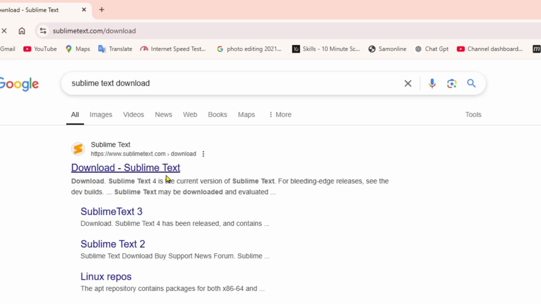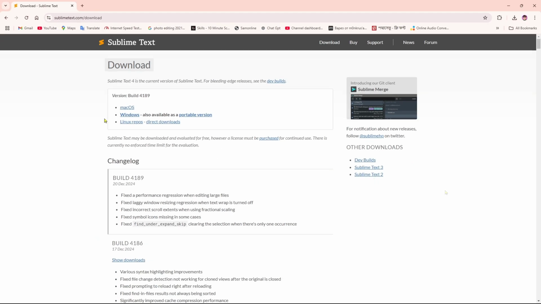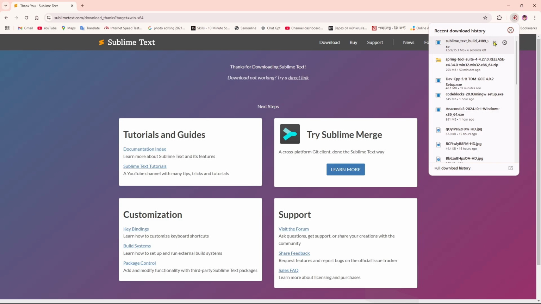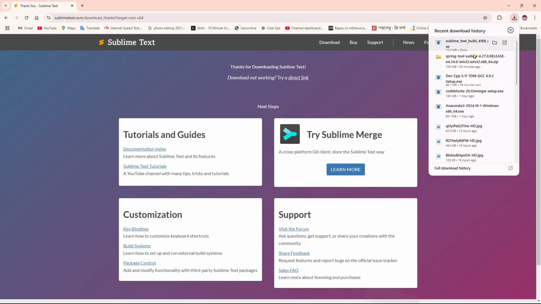www.sublimetext.com. If you click on Download Sublime Text, you will get the version build 4189, and if you want to download it for the Windows operating system, then you can simply click on Windows. If you have a different operating system, then you can simply select any of the different operating systems over here. So we're going to click on Windows over here, and then after a short time you can see the download has been started. It's about 15.3 MB, so it will take some seconds to download, and